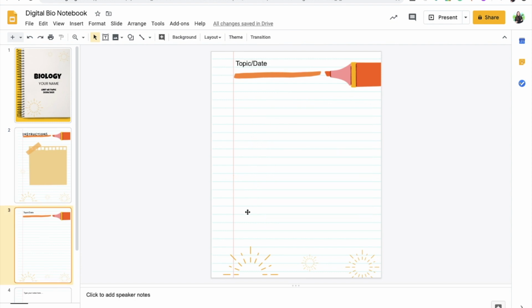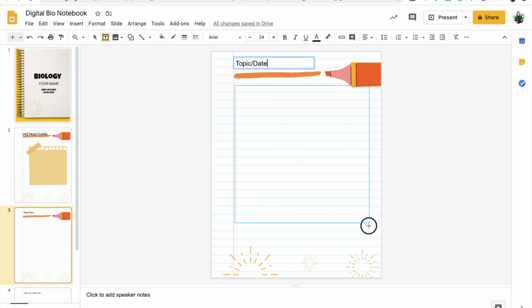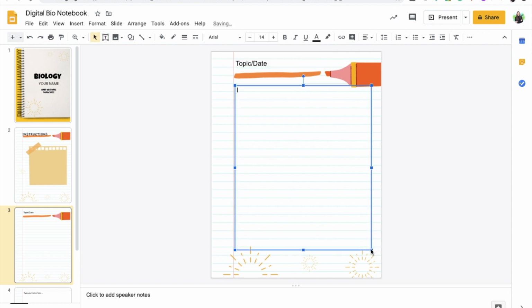The third template is just a blank page. I've included a text box at the top where students can add the topic or the date, and down here they can be instructed to add a text box, or you can add a text box for them where they can then type either the notes for the day, or let's say you have a prompt question, they can answer that